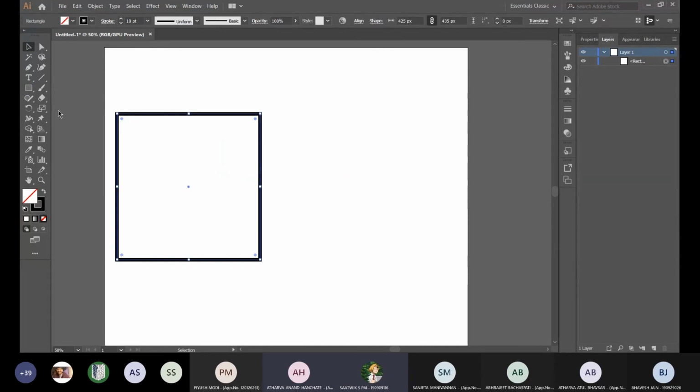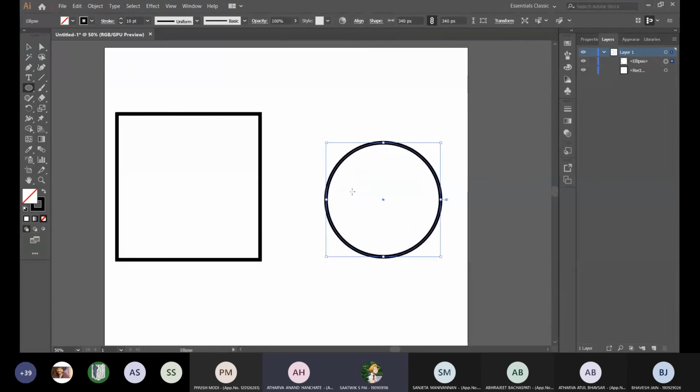If you see a rectangle and a circle here, I'll make a circle here, okay? If you see, there are 1 2 3 4 points over here, and at the same time there are 4 vertices to this. Here 4 vertices, 4 middle lines. What are these things about? These are actually something called curves.